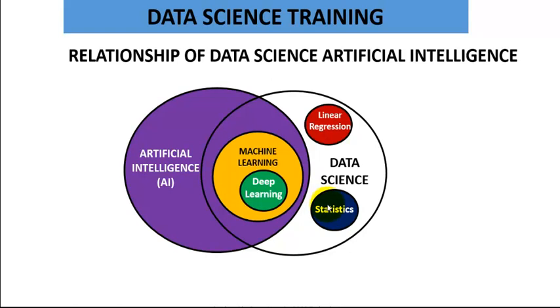So basically, in this training, we are going to start with statistics. That is where we are going to make use of NumPy, Pandas, Seaborn, Matplotlib. Then after that, we'll go further into regression. I don't know why I put linear regression, because we have other types of regression we are going to look into. Then when we do that, we'll begin to look at machine learning algorithms. I will introduce you to machine learning algorithms and see how we can use them for our data science work. So I hope you understand what we are doing here.